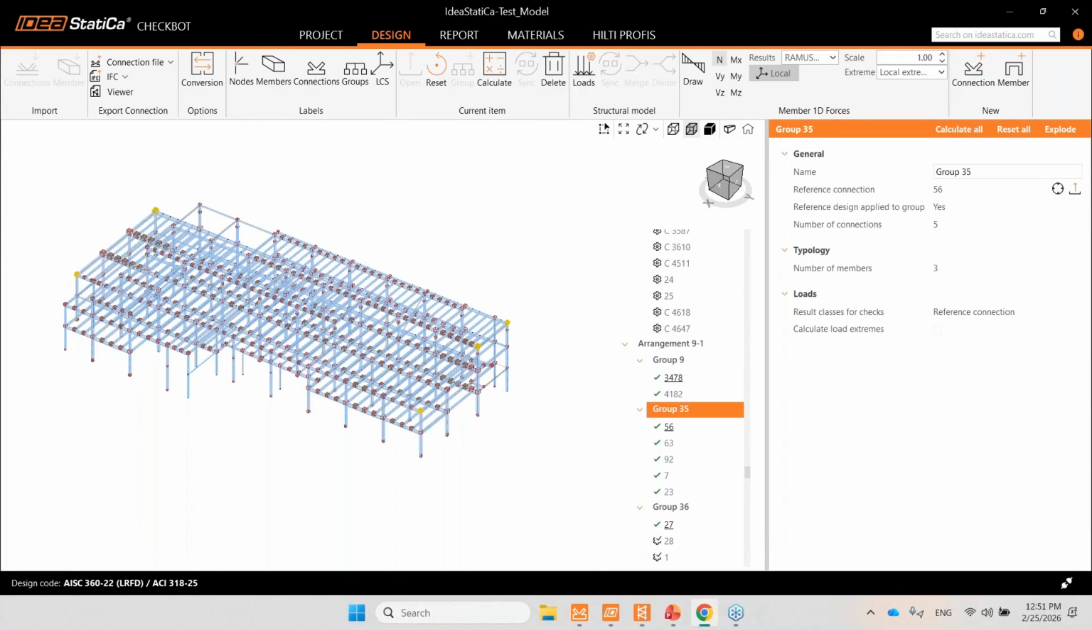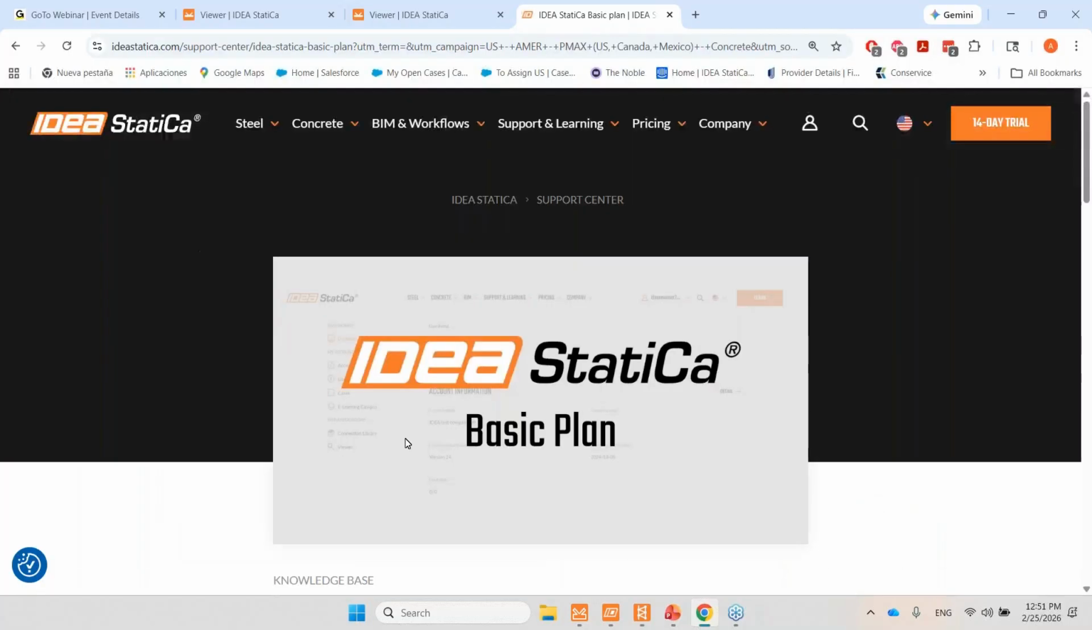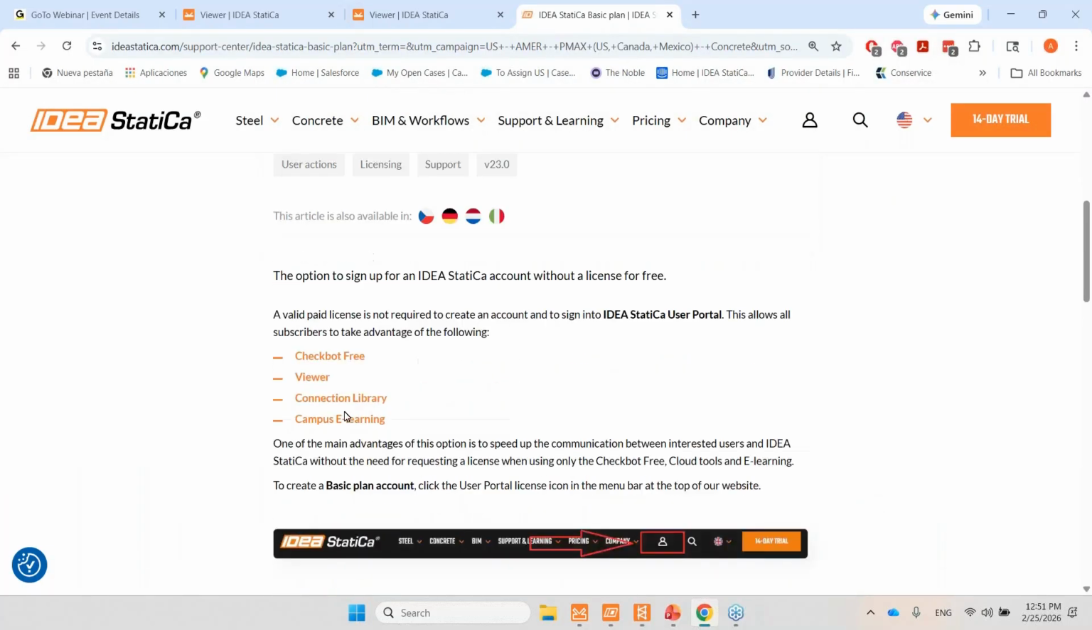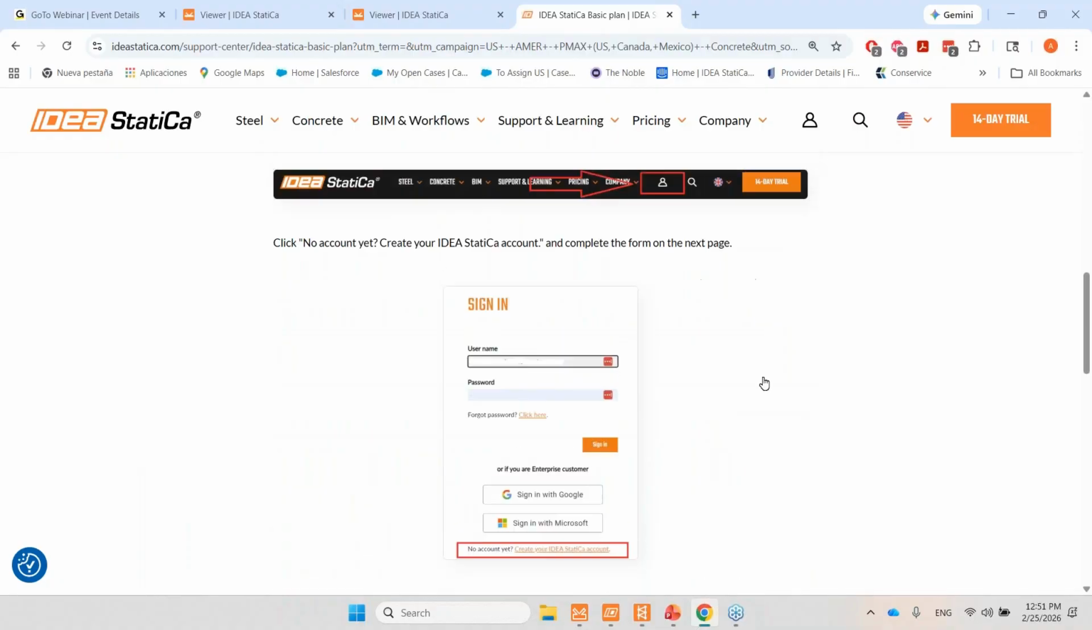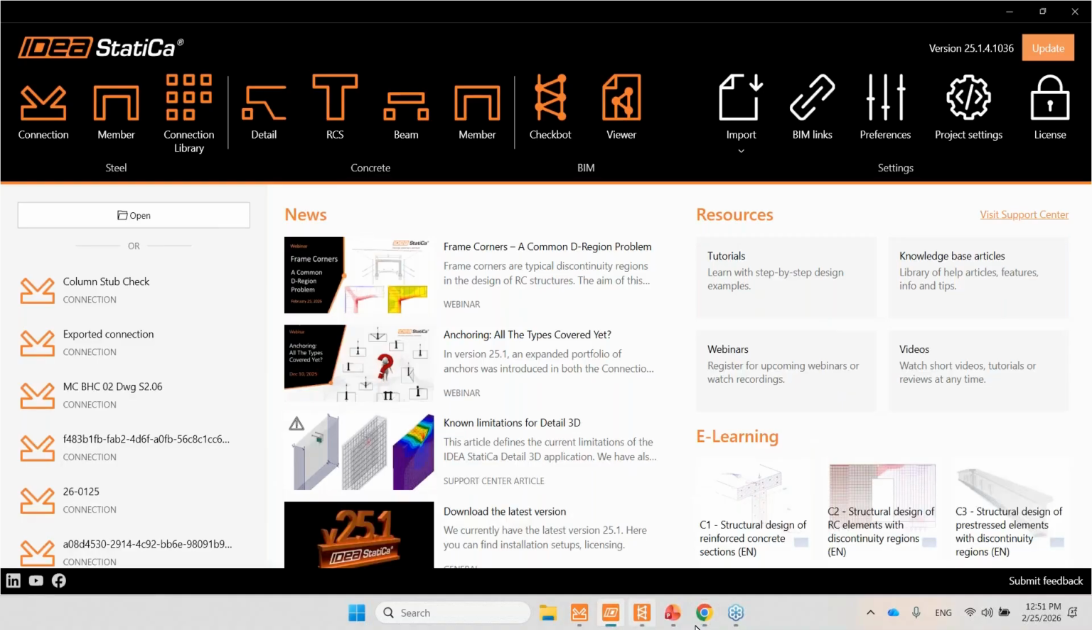That basic account gives you the ability to use Checkbot. Let me just bring this screen here. So you come here and it will tell you the step by step. But for the Checkbot application, once you install IDEA StatiCa and you log in with that free account, let's say, or basic account,